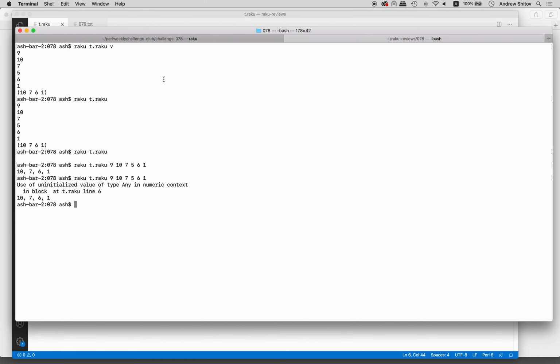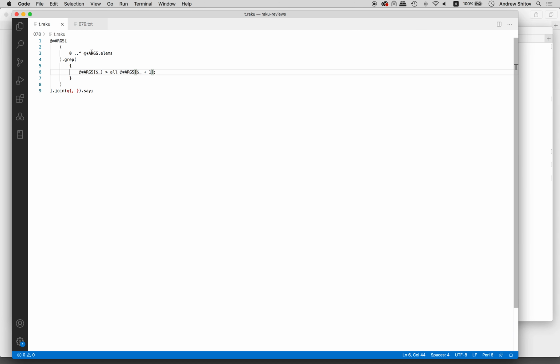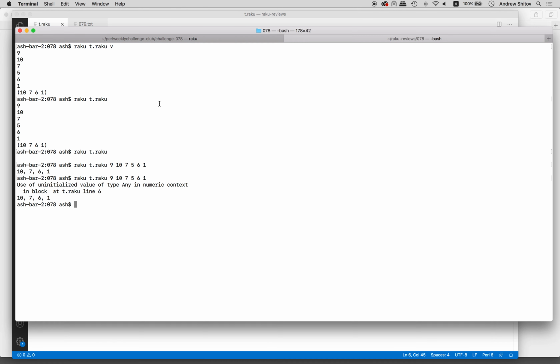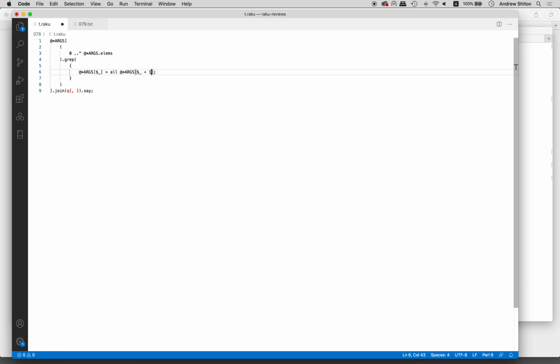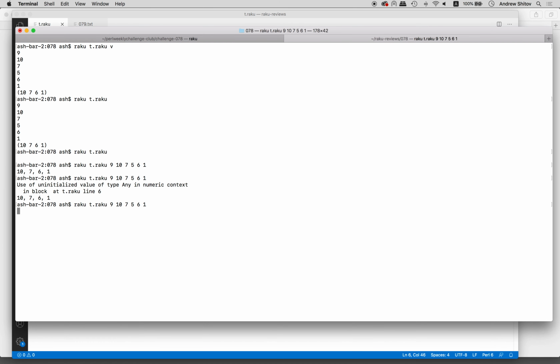Use of uninitialized value? Okay, so this is the last element. So this is incorrect. This comma does nothing, right? I thought that it would give you all the things. Okay, I was confused. Then what if, for example, it tells us if all the elements